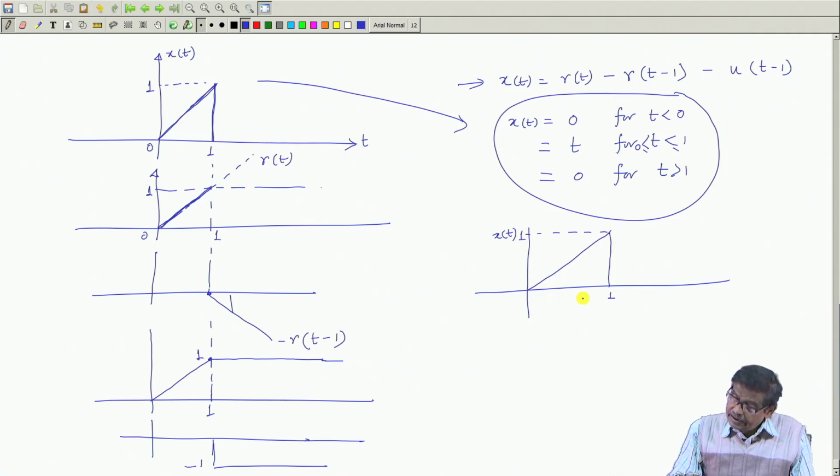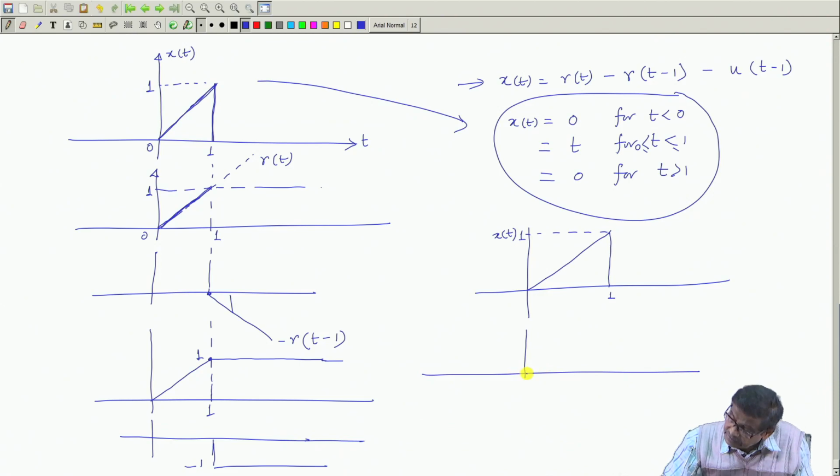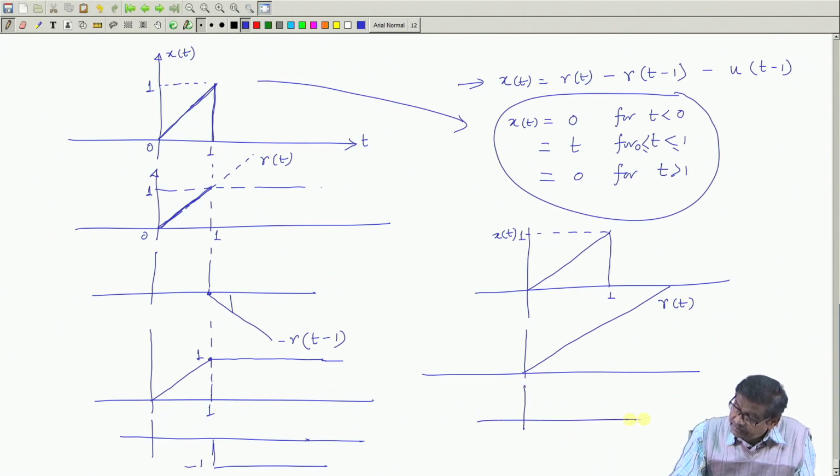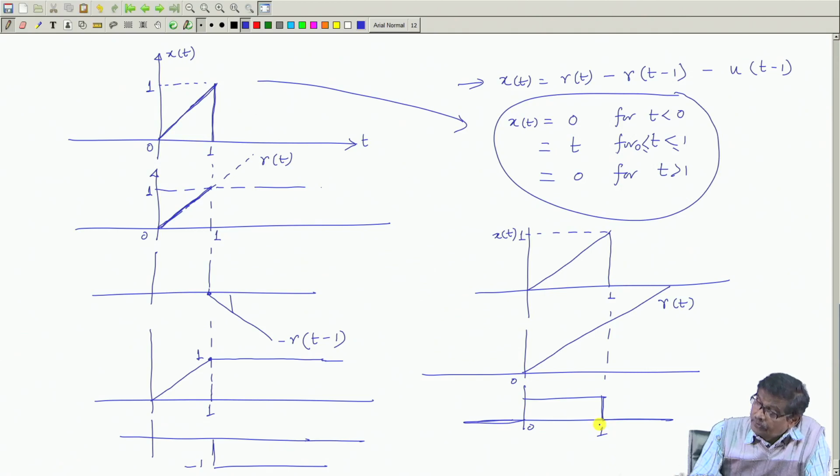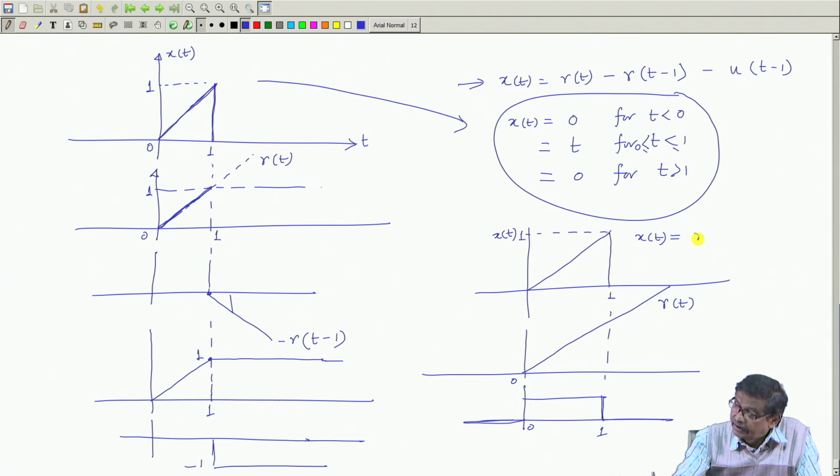You can tell that this is nothing but the multiplication of this ramp, only R t, and multiply this function with this rectangular pulse. What is this rectangular pulse? This is 0, t equal to 0, this is 1. So, x t also could be written like this, R t